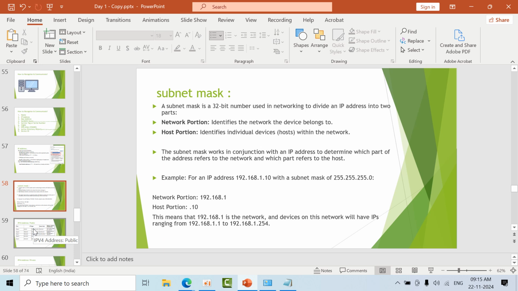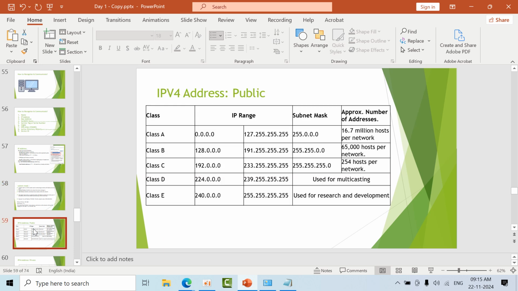IP addresses are also divided into public and private. These are all public IP addresses. There are class A, class B, class C, D, and E. Class A starts from 0 to 127. Class B starts from 128 to 191. Class C starts from 192 to 223, and 224 to